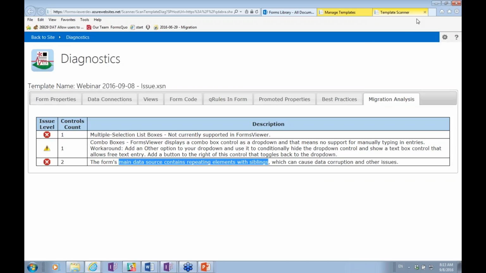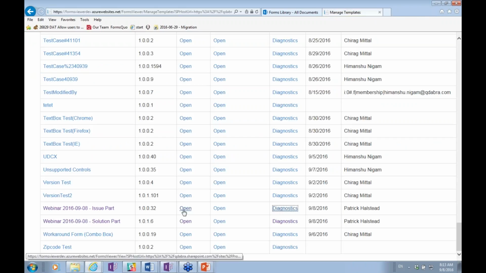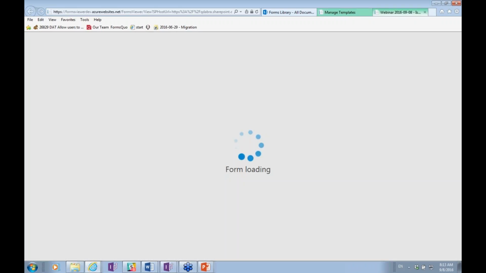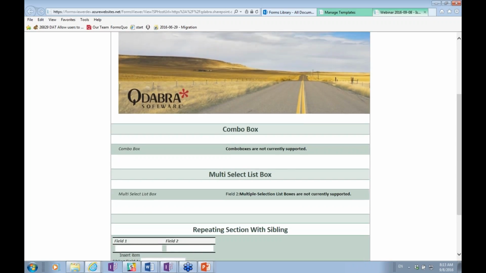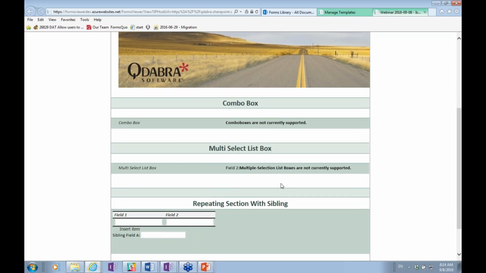Okay, let's go back to Manage Templates, and let's actually see what the issues look like. Okay, so we're going to open the form. Now, of course, you'd open it from your library, but I'm just going to open it from the Manage Templates screen because it's easier. Now, on this form you can see right off the bat, it says, hey, combo boxes aren't supported, multiple select list boxes aren't supported. And if I add in some data here, apple, banana, obviously we support repeating fields, but this is a repeating section on the bad group, remember? And let's have some blueberries. Let's have the Danish for